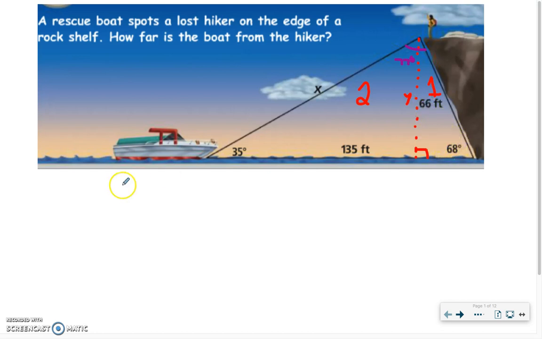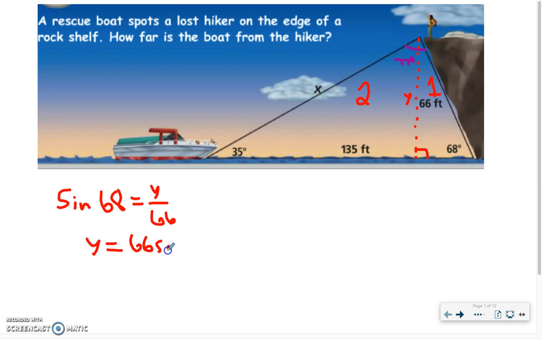So for example, from 68 here, if I'm looking for the opposite and I have the hypotenuse, we're going to be doing sine of 68 is equal to y over 66. And then when we solve for y, by cross multiplying, you get y is equal to 66 sine of 68, which then y is equal to